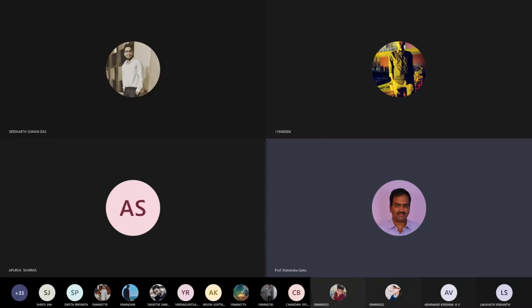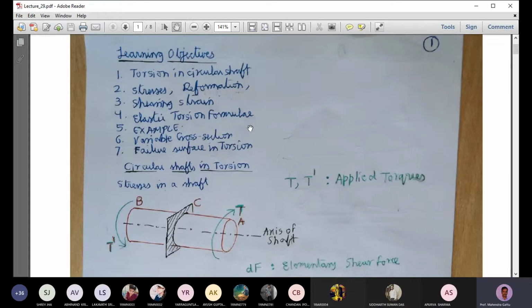Then we will discuss shearing strain in the circular shaft. Once we obtain the shearing strains, we can find the shearing stresses, and we can obtain the expression for elastic. We'll get to know the elastic torsion formula there. Then we will